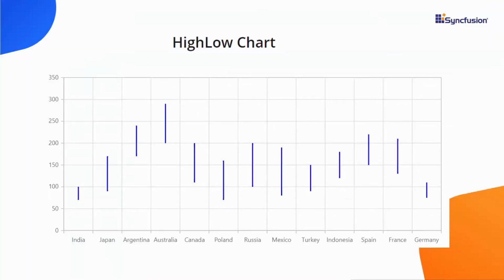With a high-low series chart, you can easily see the price variation in a stock, with its high and low price values shown here. The top end of this vertical line indicates the highest trading price, and the bottom point indicates the lowest trading price of the stock. Now let's see how to write the code to add this chart type into the application.